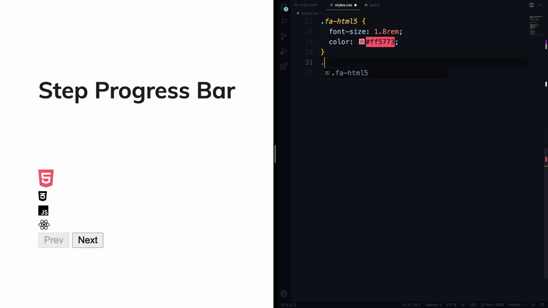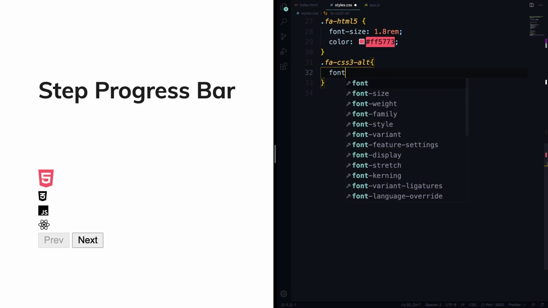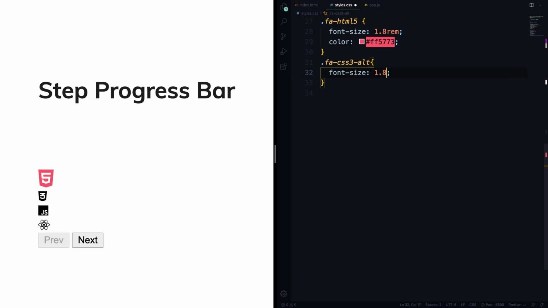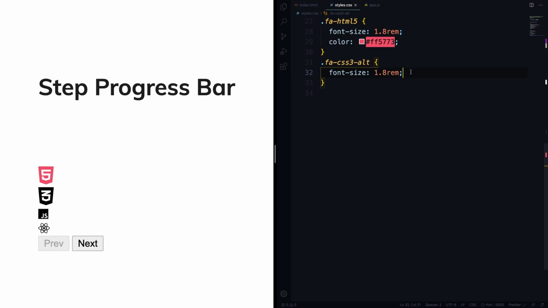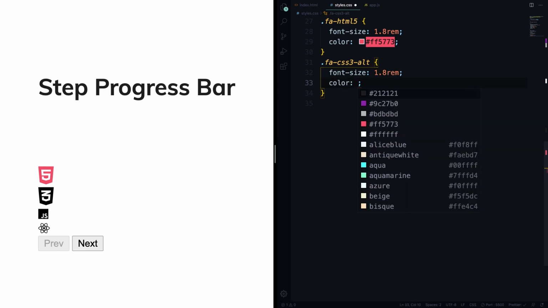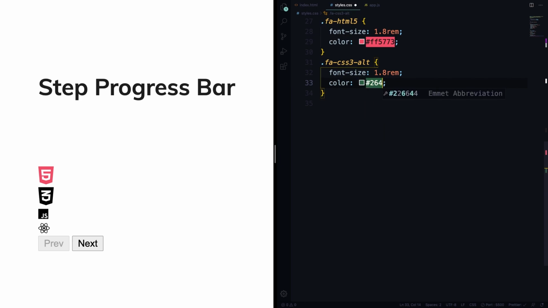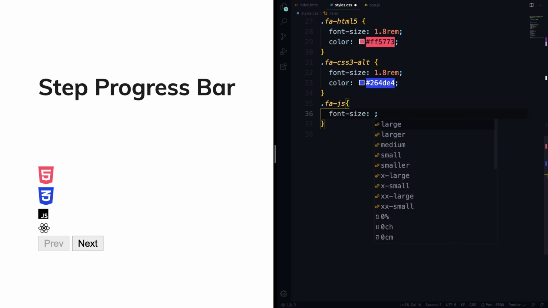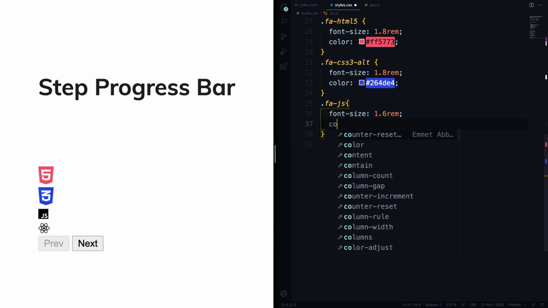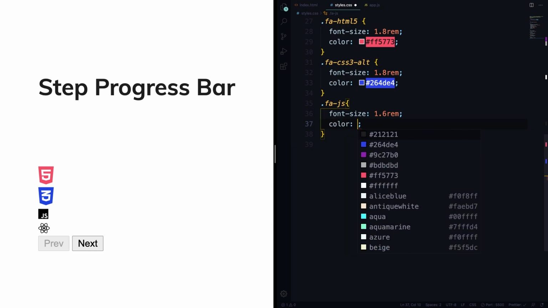Next is gonna be the CSS3, size the same thing here, and color 264DE4. All right. Moving to the next one, our famous JavaScript, JS, and the size is going to be a little smaller, 1.6, and let's grab the yellow color that JavaScript deserves,